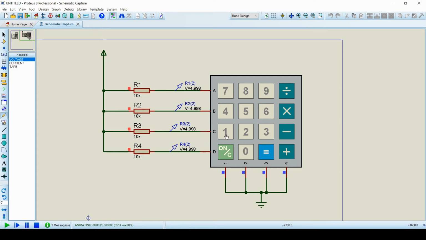Here you can observe that when you press a key in a certain row, the voltage drops down to 0 volt for that particular row. So we will try it for other rows also.